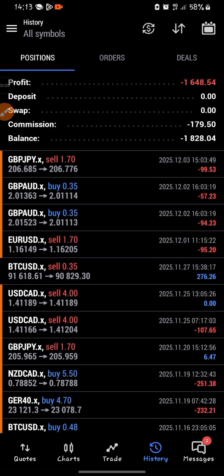Then the GBPAUD, during my recording last week, you saw the limit order. I said this trade was in fact not part of what I'm supposed to take, just that I saw the trade on a trader platform, something like that. So I just set it, and it was actually a loss, and I risked about $150 on that trade. You can see it's 2 entries, $100 and $50. So that's $150.